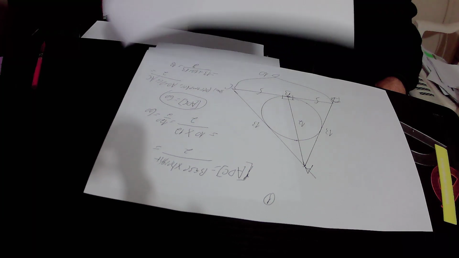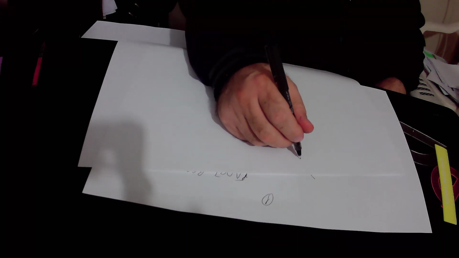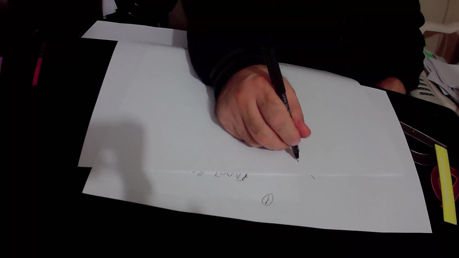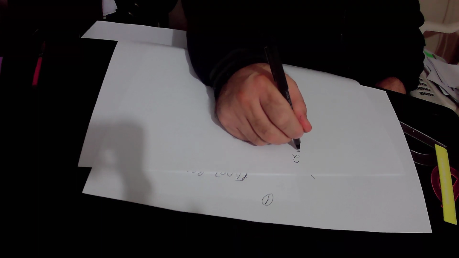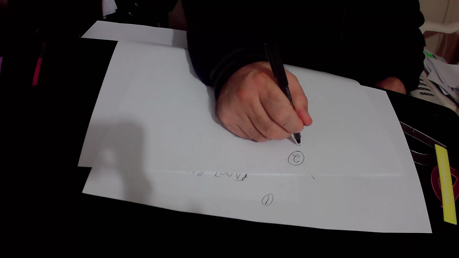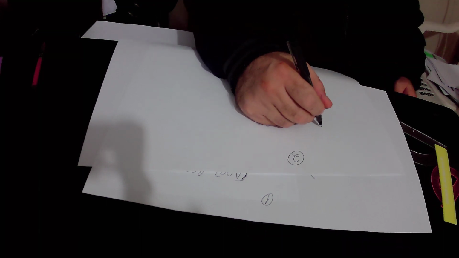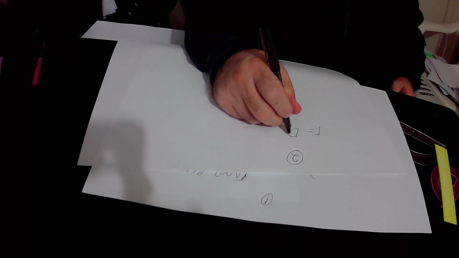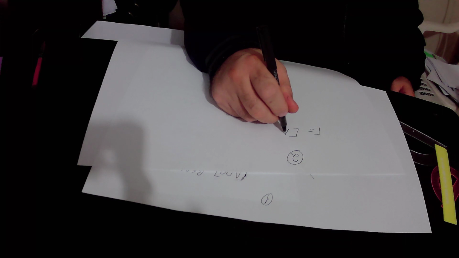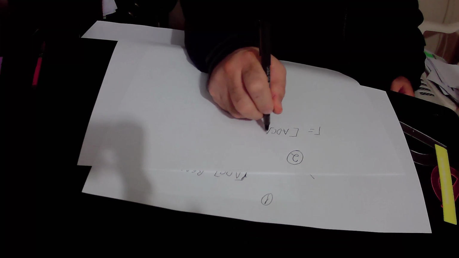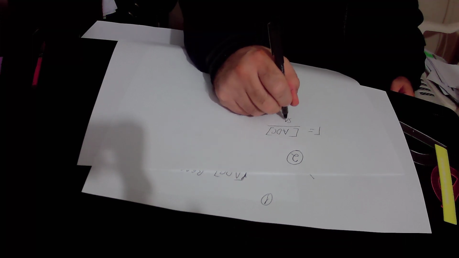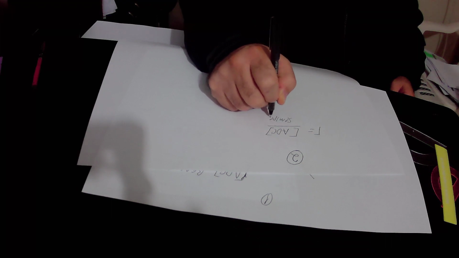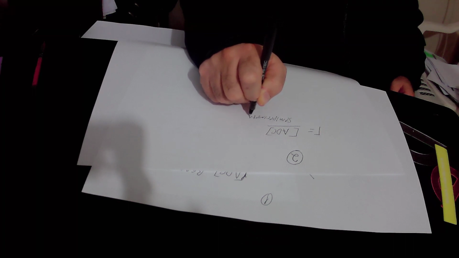Okay, the radius of the circle that we are looking for, the incircle, equals the area of triangle ADC over the semi-perimeter of triangle ADC,